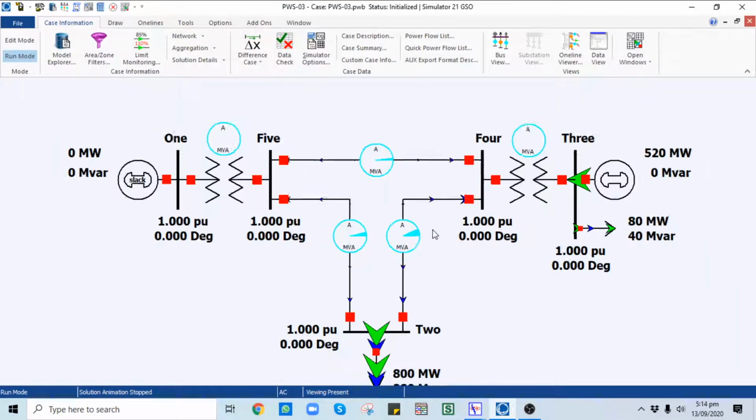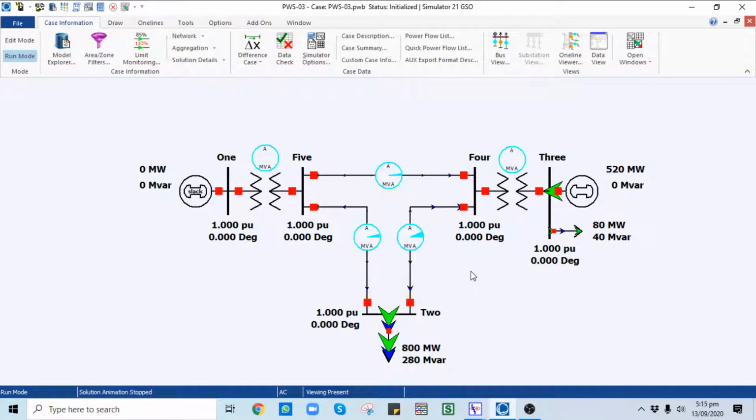Here you can see that a 5 bus network is open, and also you can see that the system is at flat start condition, meaning the slack bus is not generating any megawatt and megavar, and similarly all buses have a voltage of 1 angle 0, and the other generator is at maximum peak, 520 megawatt, and similarly the load is at 800 megawatt and 280 megavar.